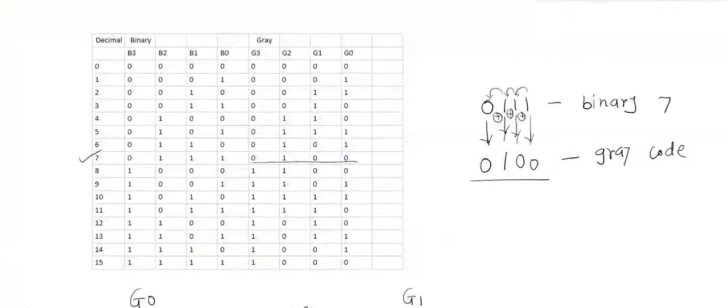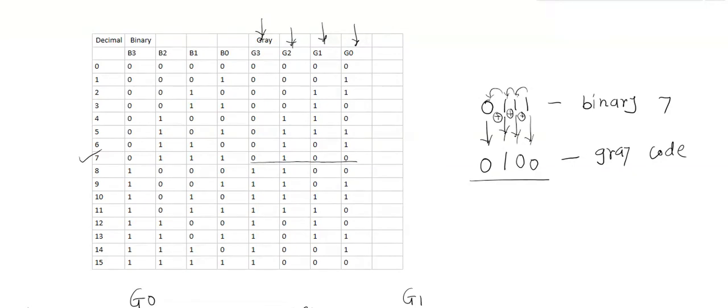Now once we get the truth table, then it is very easy to find out the expression for G0, G1, G2 and G3. Now for G0, G1, G2 and G3, we'll use a K-map to identify the expression. Now first we'll try for the G0. Now it is four variables given in the binary number and we are converting into the gray code. So we are going to use 4 variable K-map. Now in 4 variable K-map, the inputs are B3, B2, B1 and B0 and the output is G0, G1, G2 and G3.